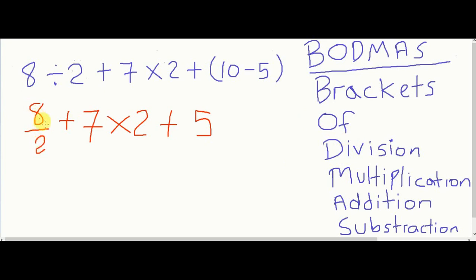So this is telling me that I should divide this part. You realize division comes before multiplication, and it comes before addition. The next thing I should do is to divide this. So 2 into 8 goes 4 times,